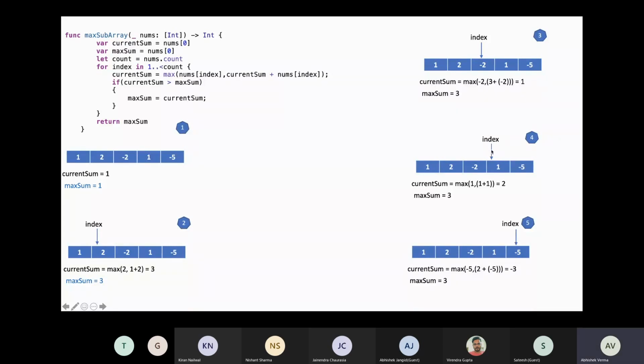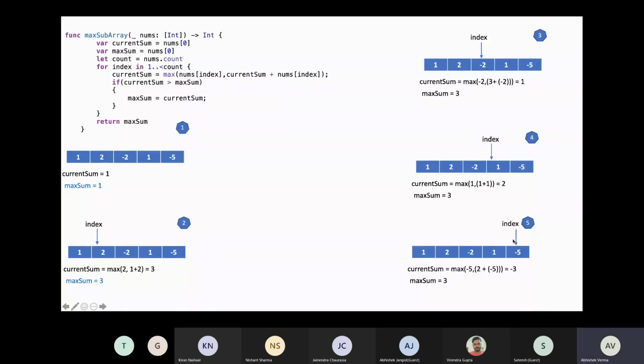Now my index moves to 1. The current sum we had previously is added to this value, so 1 plus 1 becomes 2, and this is assigned to current sum. So my current sum becomes 2, but max sum is still greater than the current sum, so it will not change.